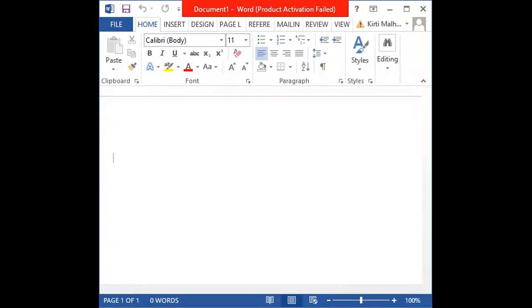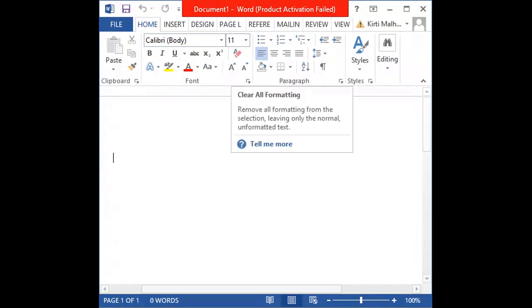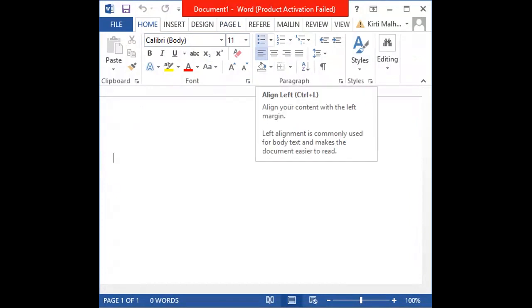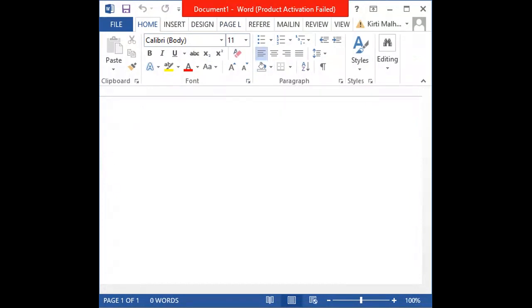Now what I can do, I can drag my window from here to there. I will see my pointer. I will click on the title bar of my window where Document 1 Word is written. While clicking the mouse, I will drag my window to wherever I want and leave the mouse button.